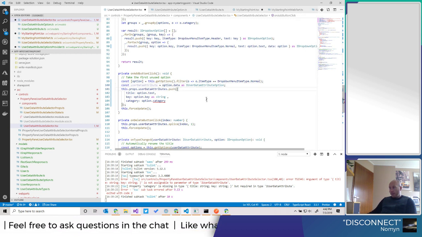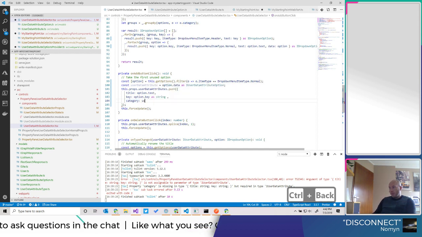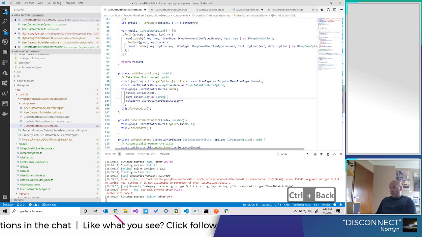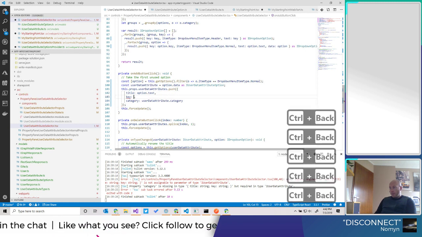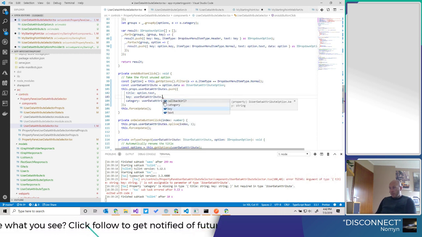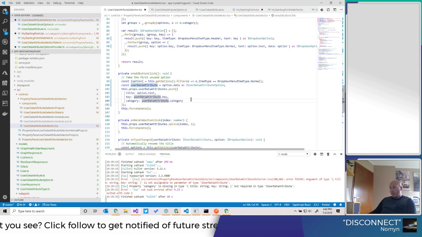We get the option from the data, and we can use the category from there, and perhaps also the key from there.